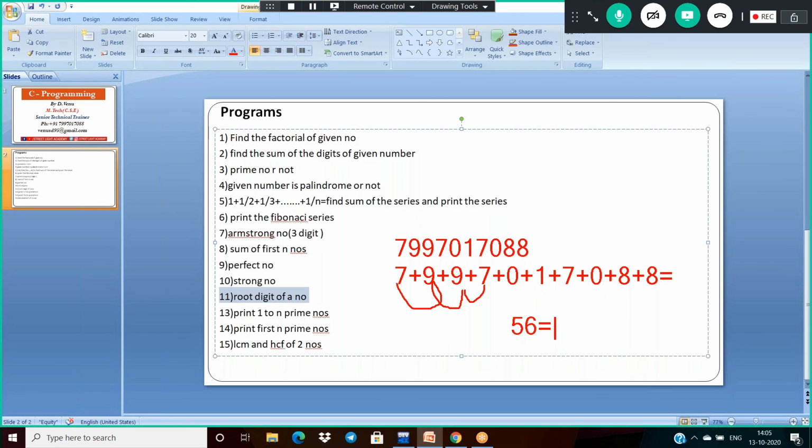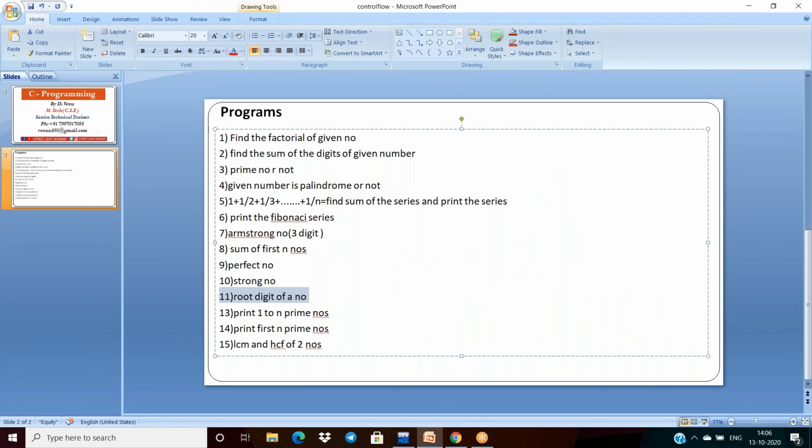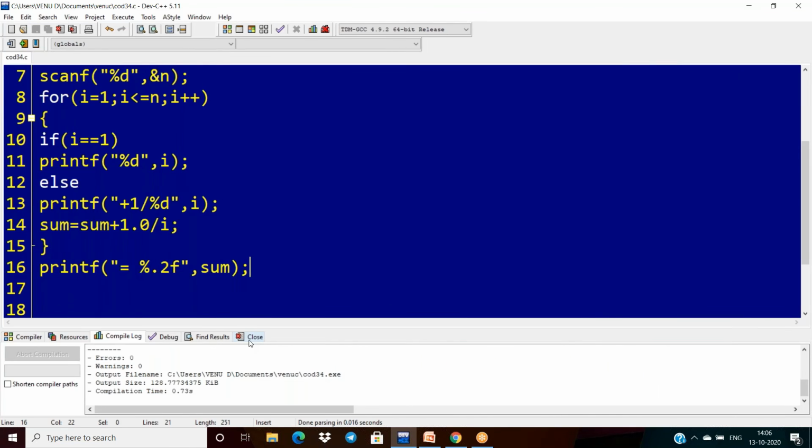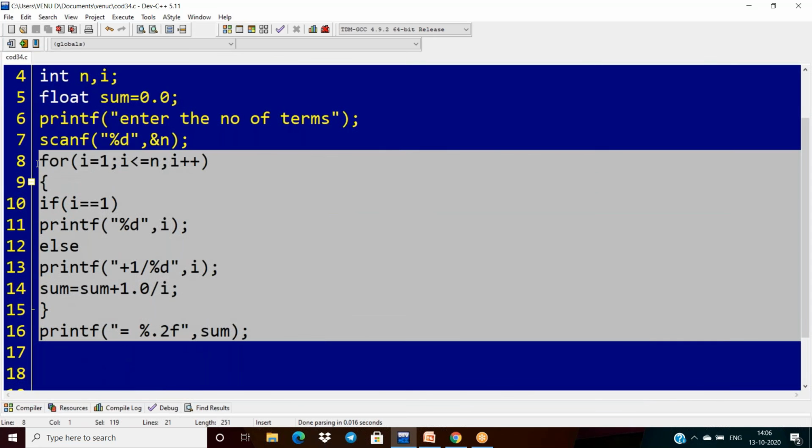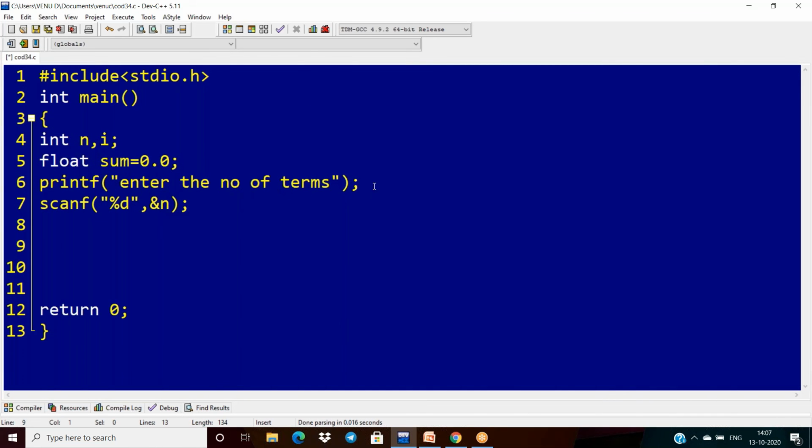So 56, and again 5 plus 6 means 11. 11 means 1 plus 1. So it will be equal to 2. So if I am giving this input, I have to get 2. If I am giving 1947, I need to get 3. See the example of this. Okay. So now to find out the root digit of the number, we need one input.